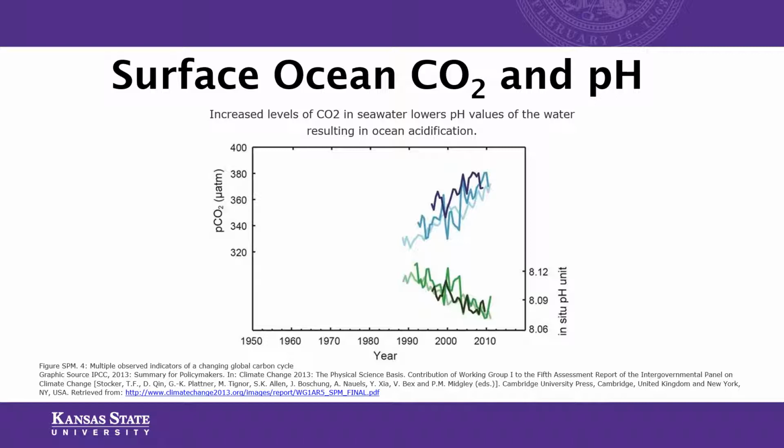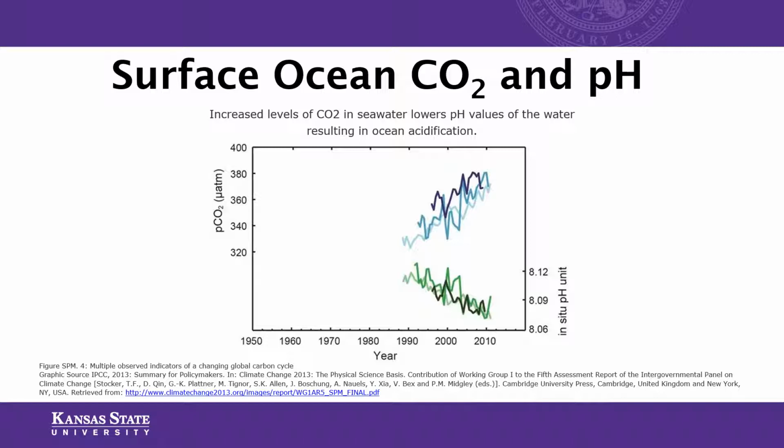Unfortunately, the more carbon dioxide that we have in our ocean, the lower the pH values of the water become. So our oceans become more acidic. And of course, we've heard stories about how acidification of our oceans is problematic because when your ocean waters become more acidic, your water has fewer carbonate ions that are available for all of your marine organisms: oysters, clams, corals, plankton.